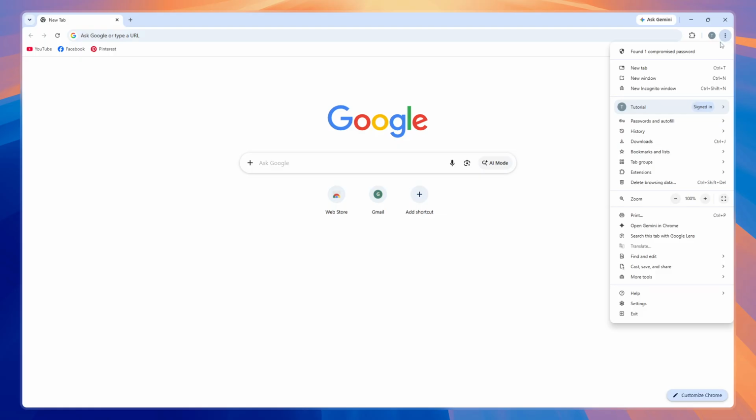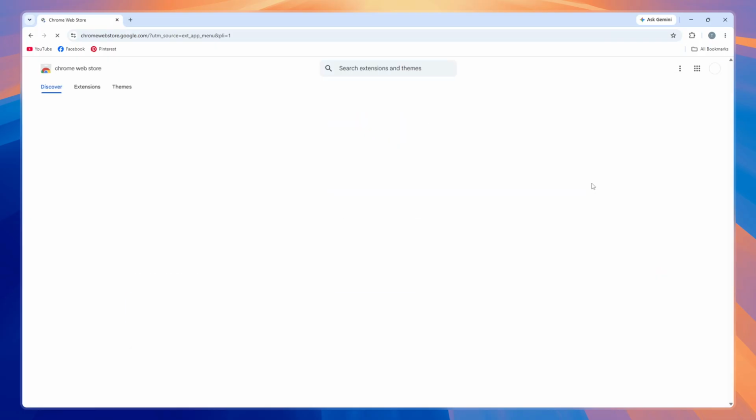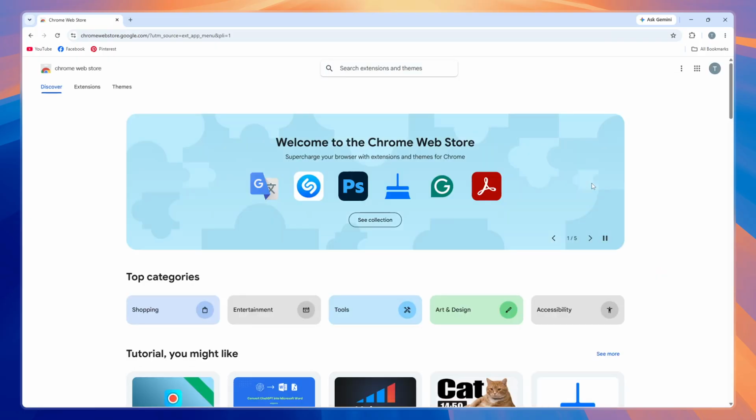Next, from the menu that appears, hover your mouse over the option labeled Extensions. This will expand a submenu showing you extension-related options. From this submenu, click on Visit Chrome Web Store. This action will take you directly to the official Chrome Web Store, where you can browse and install various browser